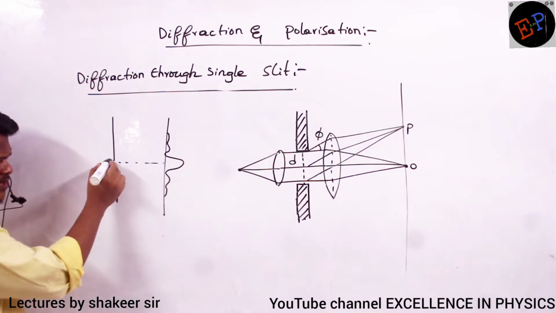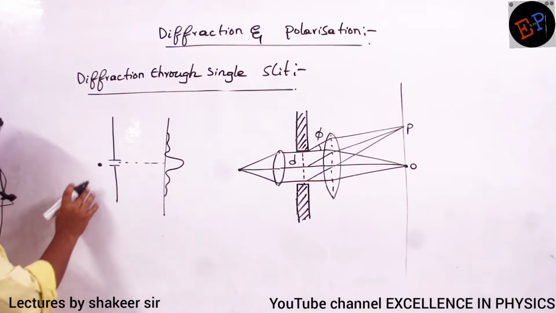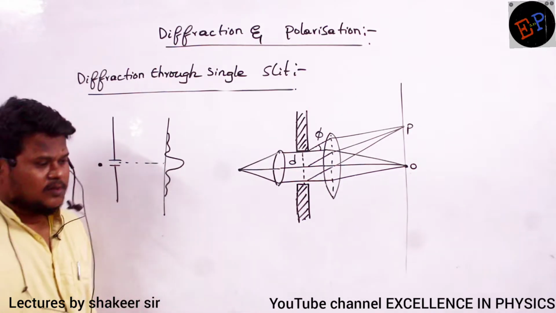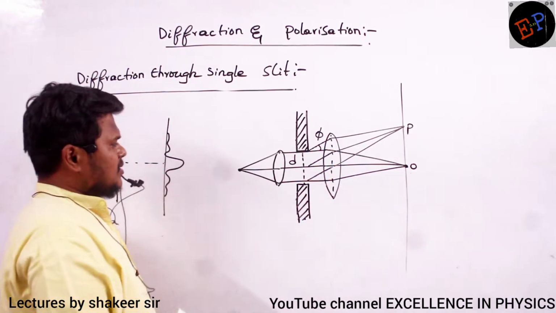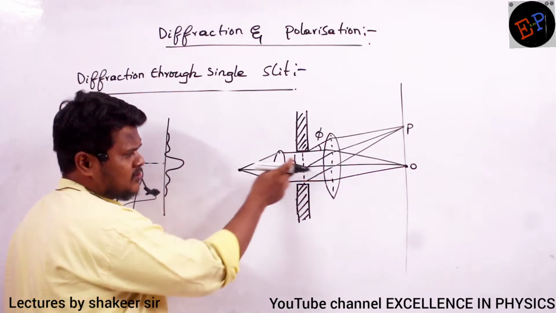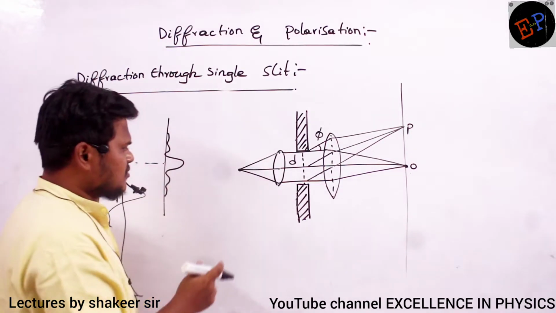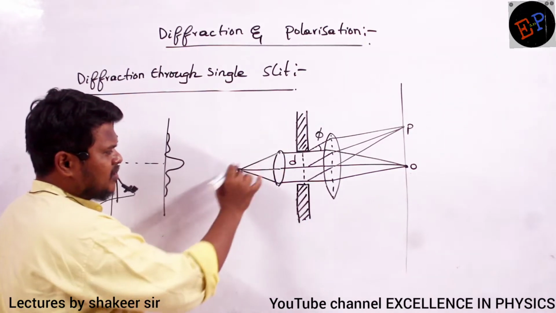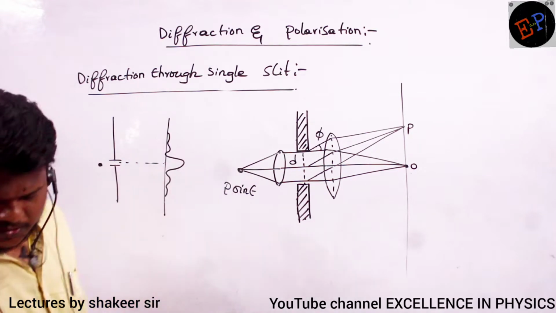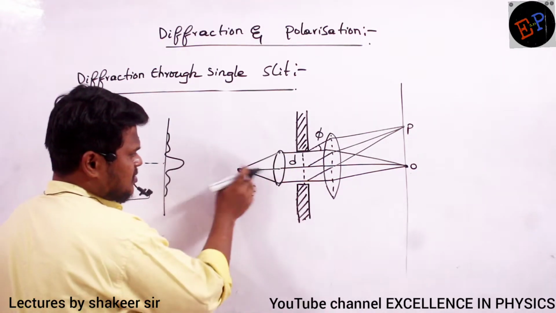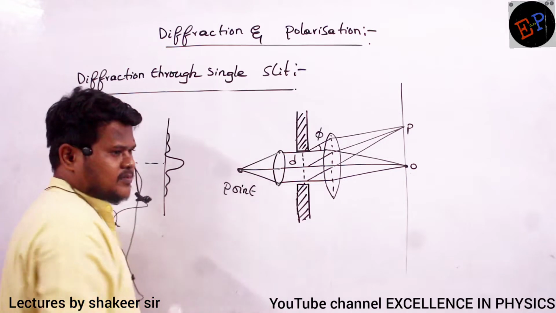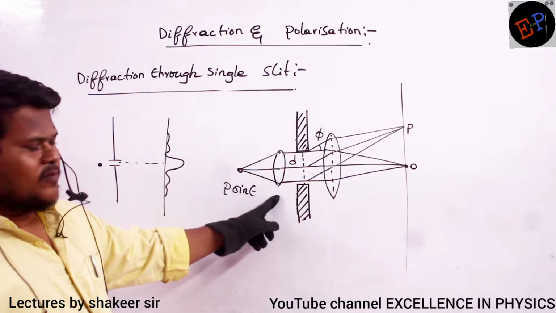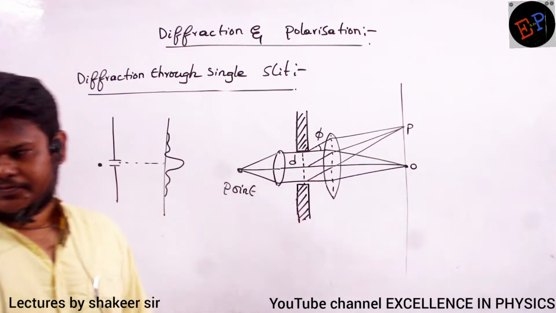See, my width of the slit is very, very small. But for your understanding, I have drawn it as a very big slit. Here I want parallel rays of light. How can I obtain parallel rays of light? This is a point source of light giving radiations in every direction. So these light rays are passed through a lens. Now can you say the point source should be placed at what distance from the lens so that I can get parallel rays?